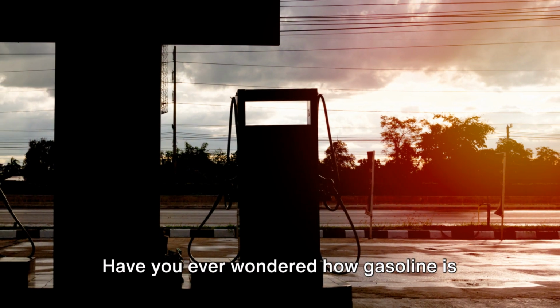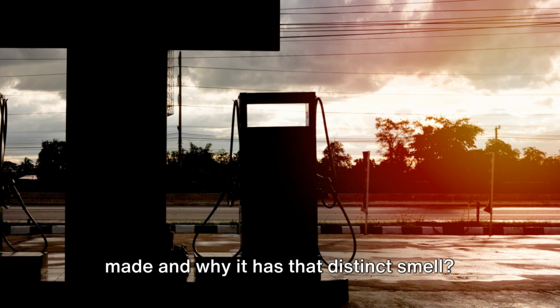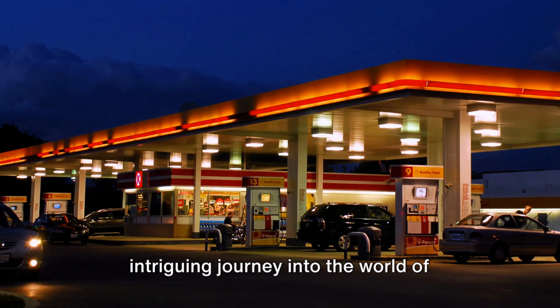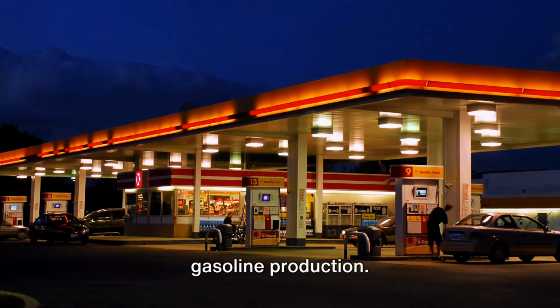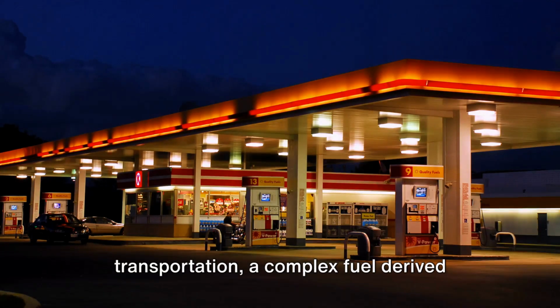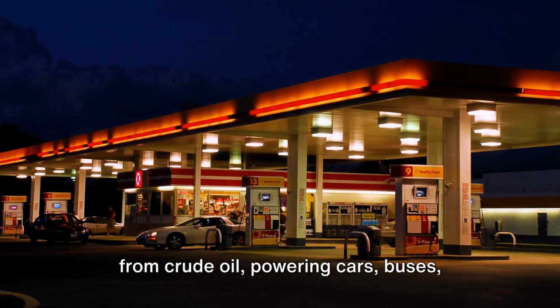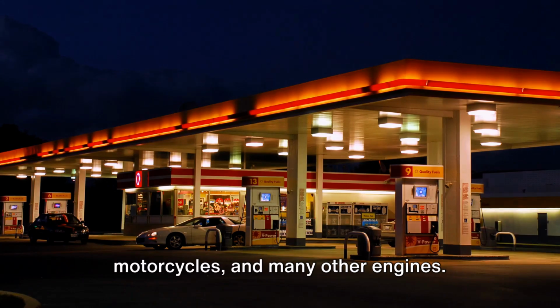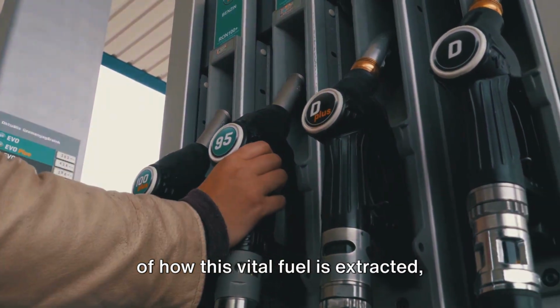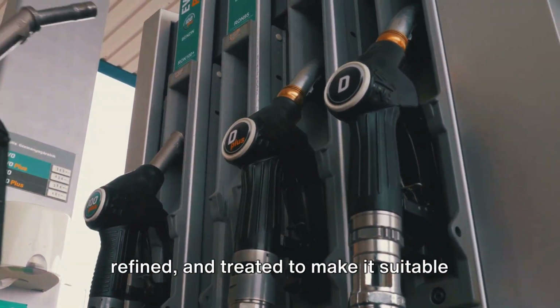Have you ever wondered how gasoline is made and why it has that distinct smell? Today, we're going to embark on an intriguing journey into the world of gasoline production. Picture the lifeblood of our modern transportation, a complex fuel derived from crude oil, powering cars, buses, motorcycles, and many other engines. We'll delve into the fascinating process of how this vital fuel is extracted, refined, and treated to make